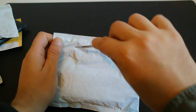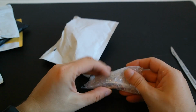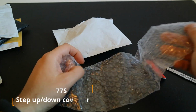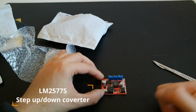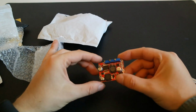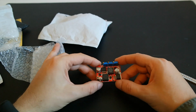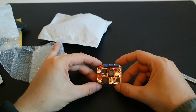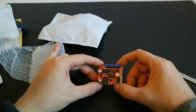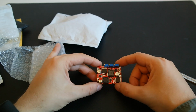Let's see what the first package for today is. Oh, this is a step up, step down buck converter. This board will be used for my power supply project, where I will be using an old PC power supply to make a static and variable power supply, meaning I will have 3 and 5 volts, I think, or 3, 5 and 12 volts, plus variable, where you can choose voltage from 0 up to 24 volts. Okay,